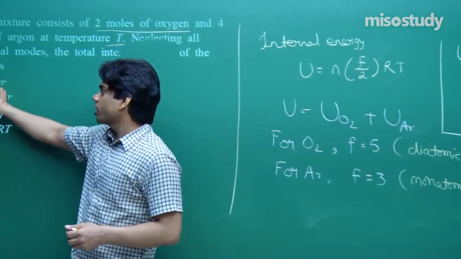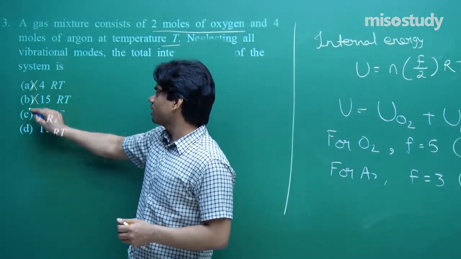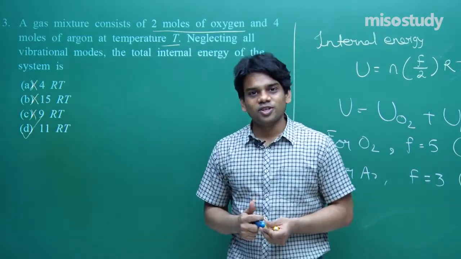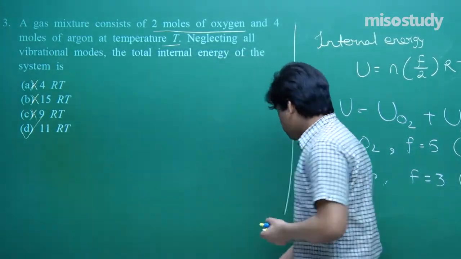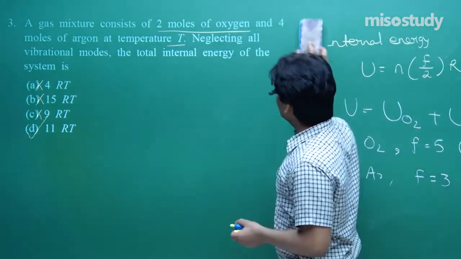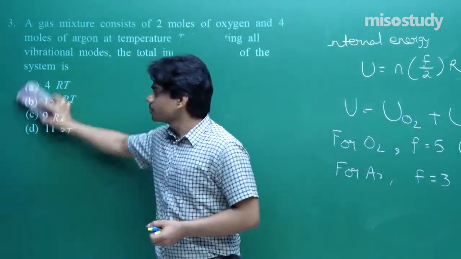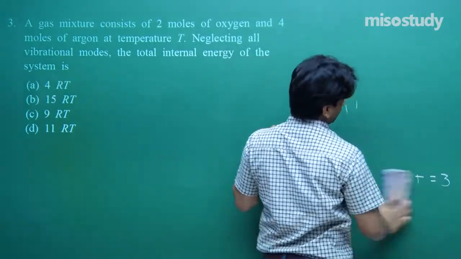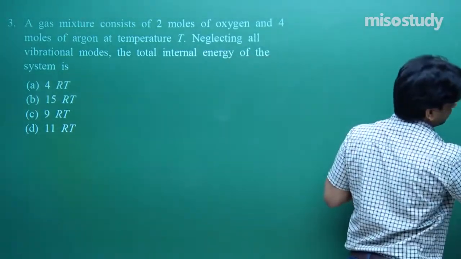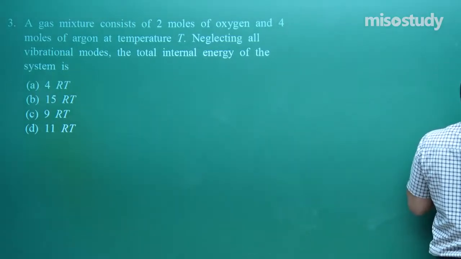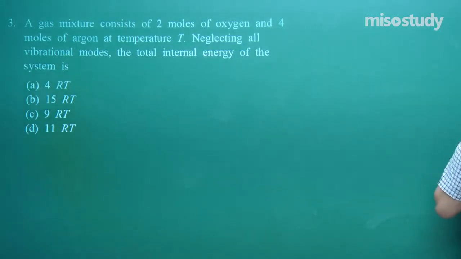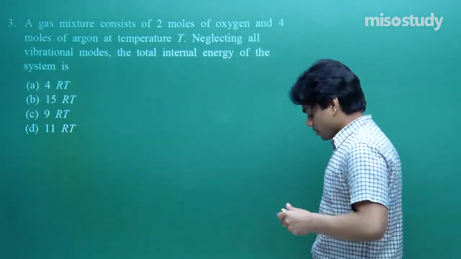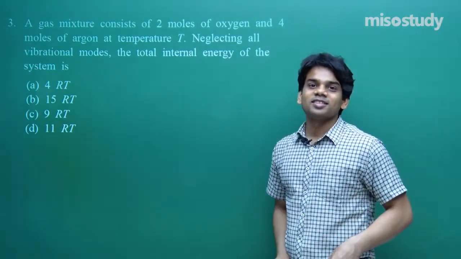So, let us check the options. Option A 4 RT, no. B 15 RT, no. C 9 RT, no. And D 11 RT, yes. We reached this 11 RT. So, if you know what formula is used for internal energy of a gas, you can clearly answer this. Hope that it won't be a problem for you all in remembering all these basic simple formulae for all such